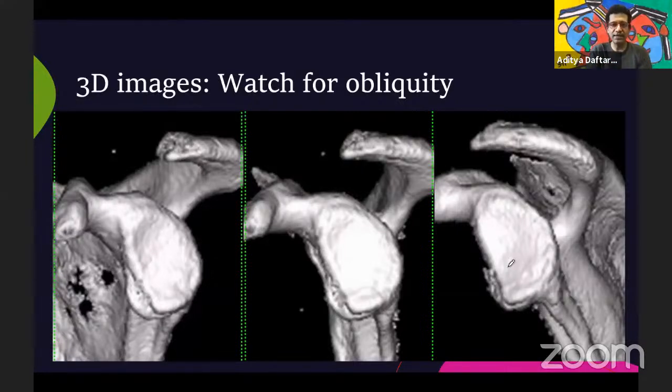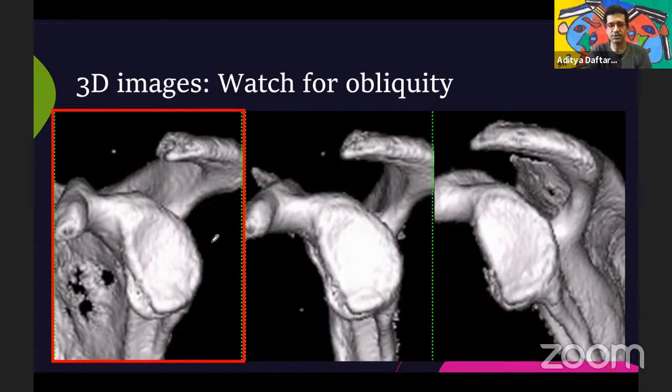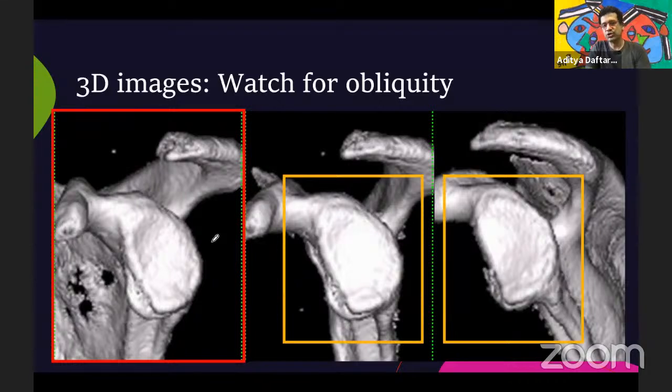Now, when you look at the 3D image, I think the important thing to remember is that 3D images are given to you in different obliquities. So what you want to do is identify which is the correct obliquity. If you look at this leftmost image here, it is obviously abnormal. This is too oblique for us to look at, and it may not give us the right sense of the amount of bone loss. But when we look at these two, we're stuck between a rock and a hard place as to whether I should choose this image or this image.